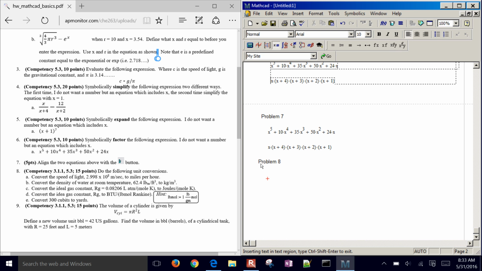Okay, so let's go look at problem 8. Do the following unit conversions. Convert the speed of light, c, as long as you didn't redefine that, to miles per hour. There it is: how many miles per hour you travel if you are a light particle in a vacuum. The way that you do that is, when you select this and hit the equal sign, there's going to be